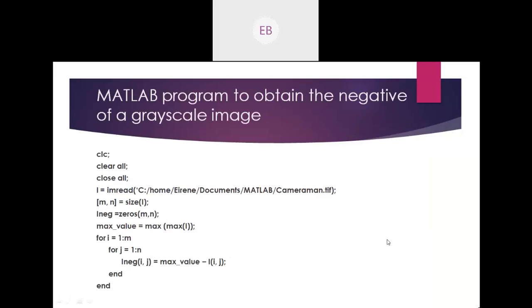MATLAB programs are very easy, so you just have to remember the first program. Some parts will change, but almost all the programs are the same. I'll give you the list of the programs today, you can check it out yourself.